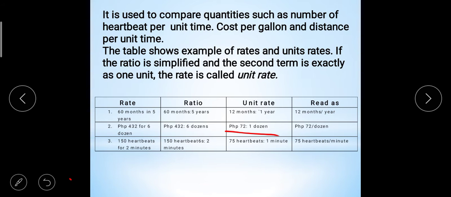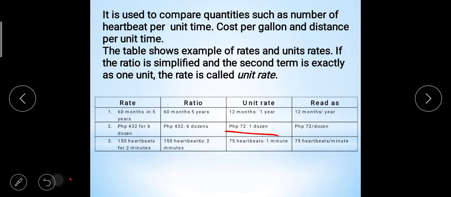So, unit rate siya kasi di ba dito sa una is 1 year. So, nakakuha tayo ng 1. Kasi kailangan daw, unit rate siya kung meron siyang 1 unit. Or after nyo siyang i-simplify, nakakuha kayo ng 1. So, ganun din dito sa number 2, we have 1 dozen. As well as